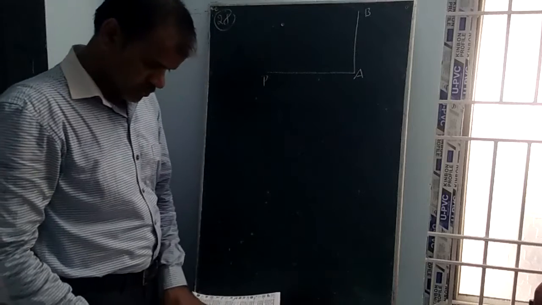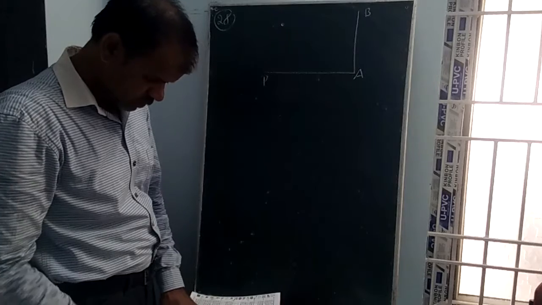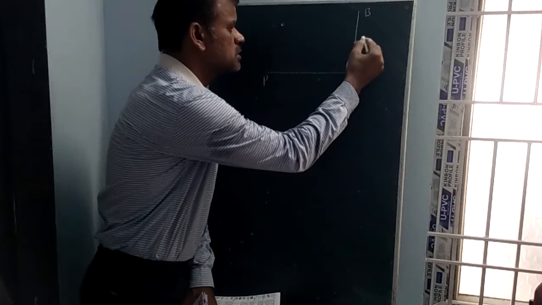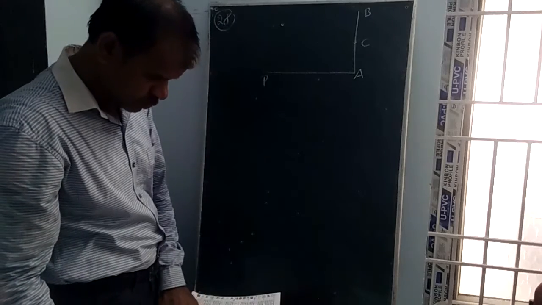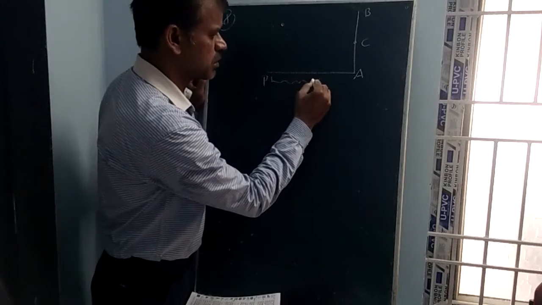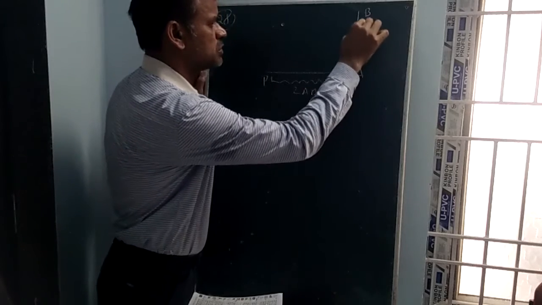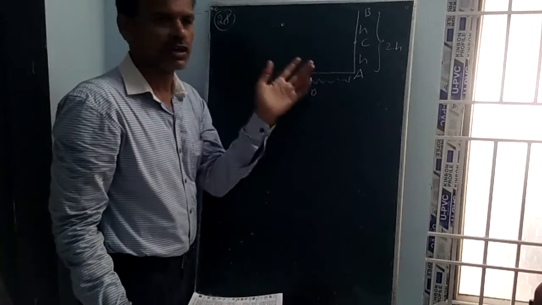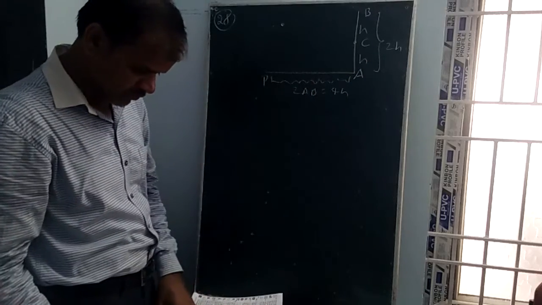This is the P, a point on the level ground. What he is asking, let C be the midpoint of AB. Put here C. C be the midpoint of AB and P be a point on the ground such that AP is equal to 2AB. So this is 2AB. The distance of AP given as 2AB. Let this one as H, this one as H, total 2H. This is H by 2, H by 2 you can take, but this is better. Now 2AB meaning 4H because twice of AB given.